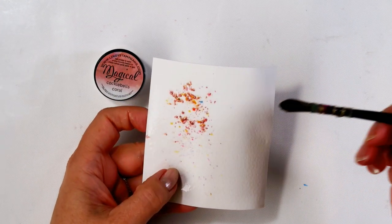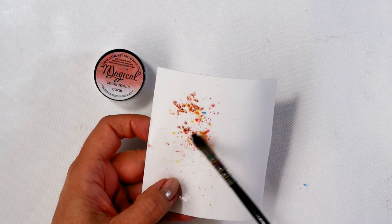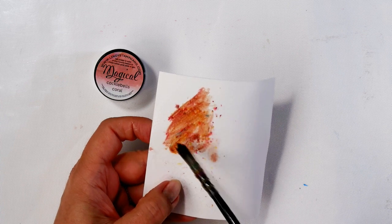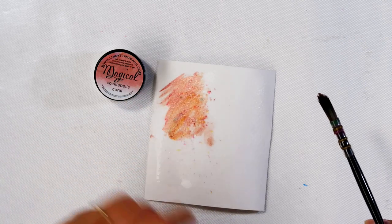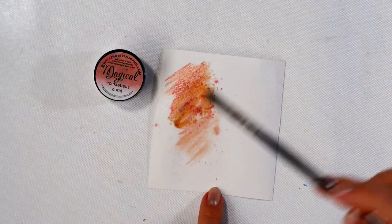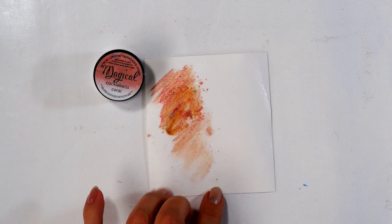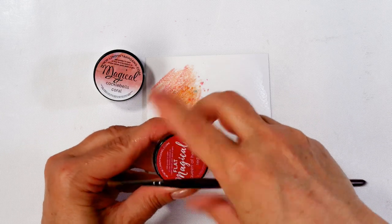So as I presumed, it has gold in there, and pink, yellow and blue, but it makes a lovely peachy coral color. I'm not using too much water at the moment because I want to see what the pigments are, and I'm going to compare it to the flat magical that